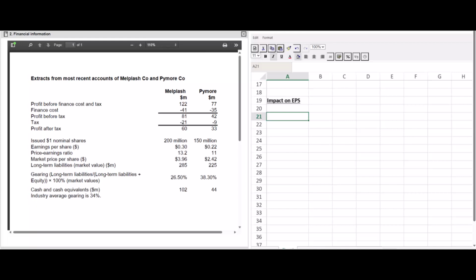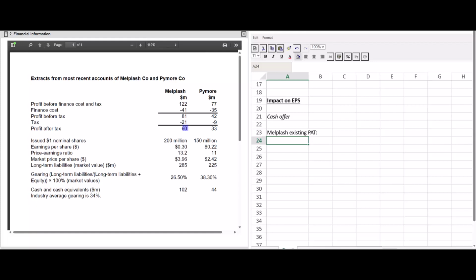So now we know what we're dealing with, let's think about the impact on earnings per share. And again, I'm going to split this out into the cash offer and also the share offer. So make it really clear to the markers which one we're dealing with. So what we need to do now is work our way through and think, what is the impact on Melplash's earnings per share if they go ahead and make this cash offer? So we'll start with their existing profit after tax. And we can see that is there, 60 million at the bottom. So 60 million is where we're going to start. That's their existing profit after tax on their own as things stand. Remember, we can use that as earnings. That's absolutely fine. So let's just get that in. So the Melplash existing profit after tax.